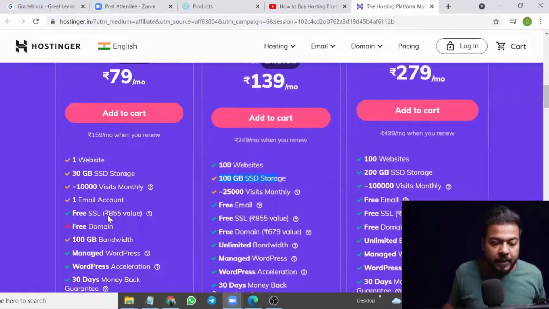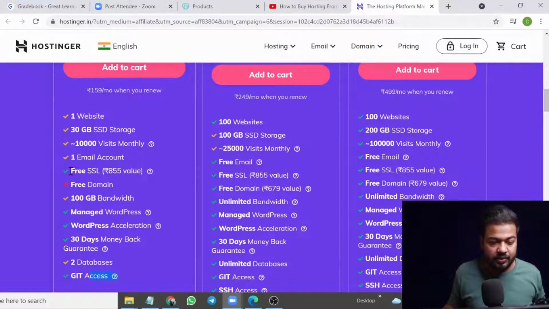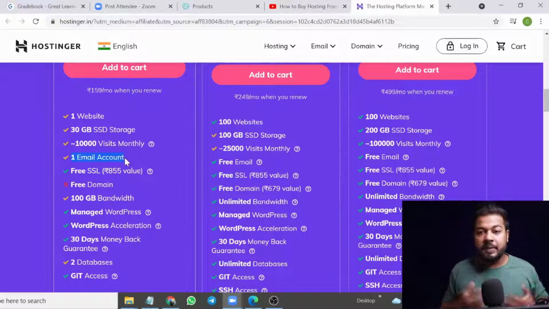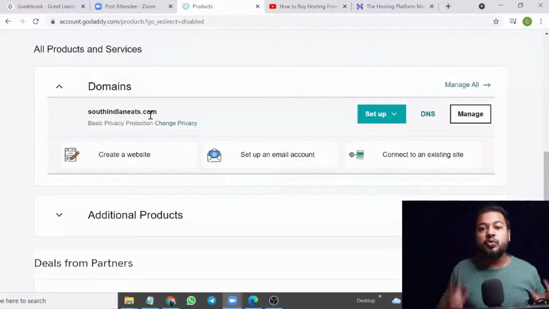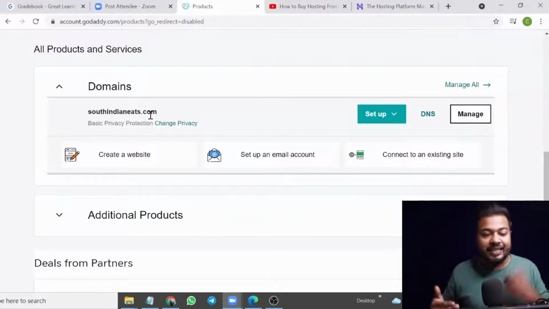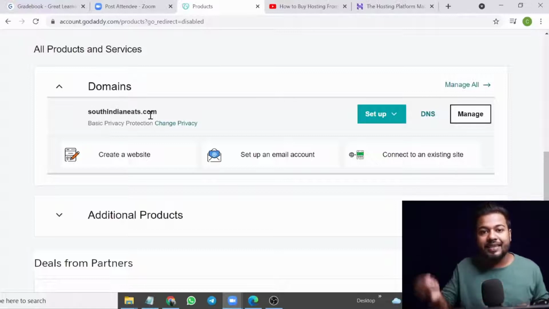If you go below here, you see there is a free SSL. Along with that, you will get one email account. What is an email account? It means, as our domain is something like southindianeats.com, you will get a professional email, like prashant@southindianeats.com or contact@southindianeats.com.